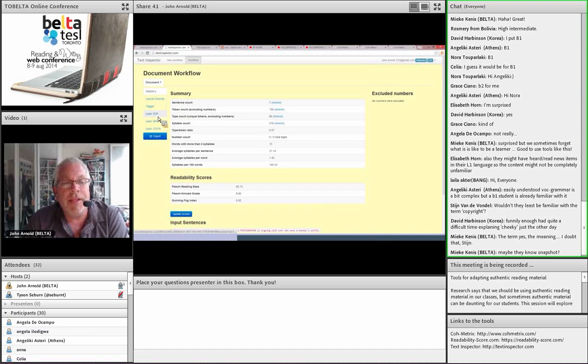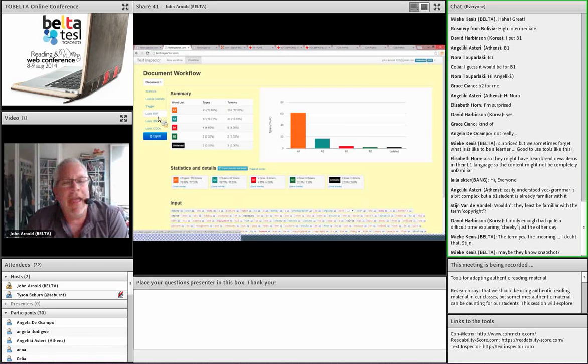One of the other things it does is it links to the English Vocabulary Profile site. If you're familiar with the English Vocabulary Profile site, at this point it is labeling in terms of the Common European Framework of Reference. So which words are used by students at an A1 level, an A2 level, a B1, B2, C1, C2 level. Right now, this site only goes up to the B2. If it's not in one of these four levels, it's listed as unlisted.